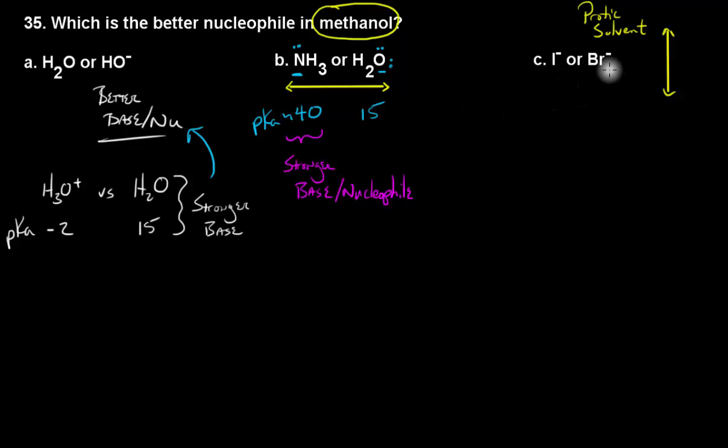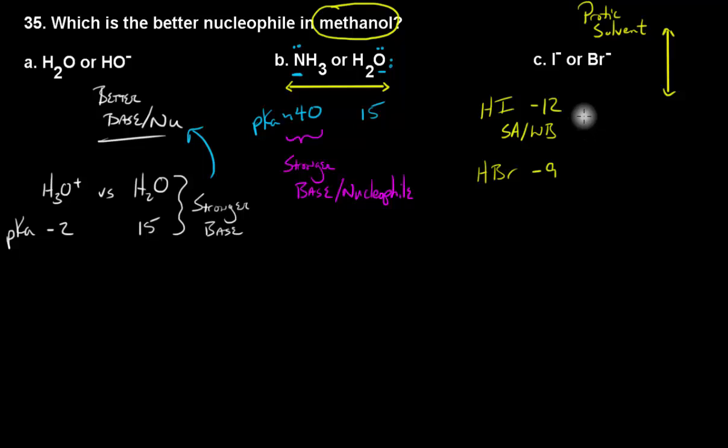Let's talk about basicity first off: the basicity of I- versus Br-. We can't actually talk about basicity directly. We can talk about acidity, but in order to talk about acidity, we have to talk about pKa. So let's talk about the acidity of HI versus the acidity of HBr. The pKa for HI is about -12 according to our chart, and HBr is about -9. Of the two, HI is the stronger acid, so the conjugate base is also going to be the weaker base. So strong acid,